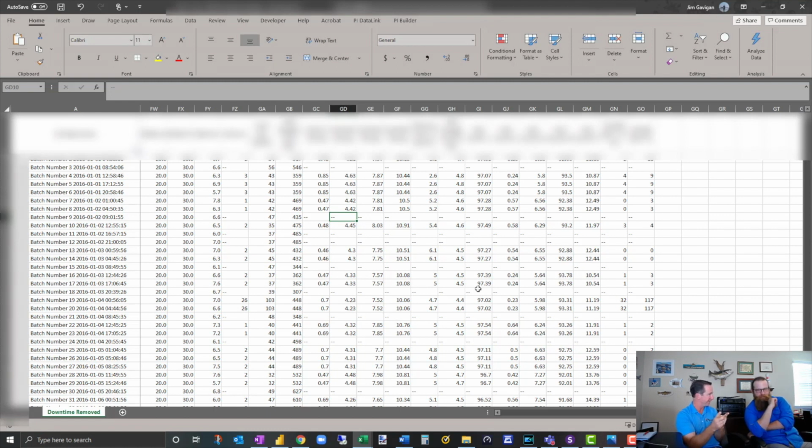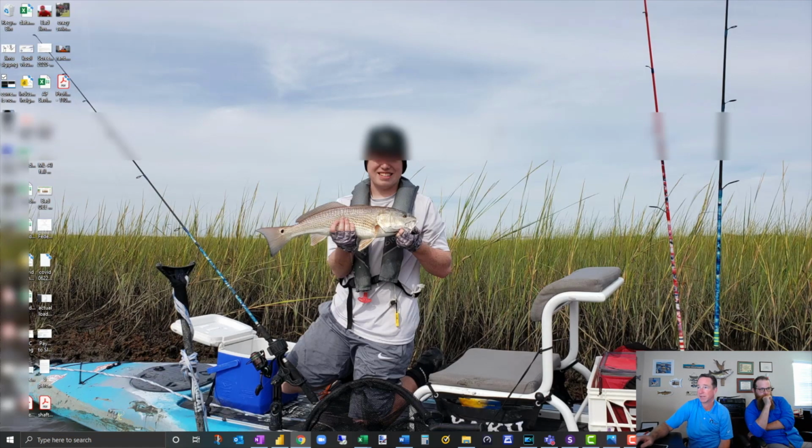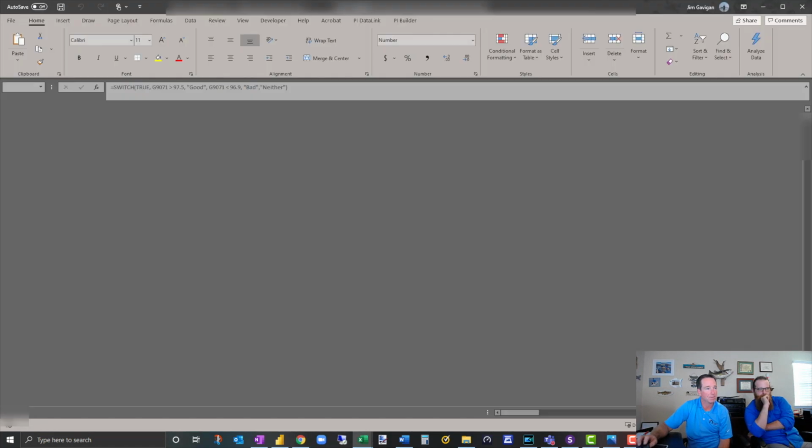I couldn't have used it here because it was already lined up, so I had to do a bunch of if-then statements. I think there were like 80, 90 parameters I had to do this with. If you see the dash dash, then go look for the last good value and fill it in. And then I had to replace all those columns. So that was one thing I had to do.